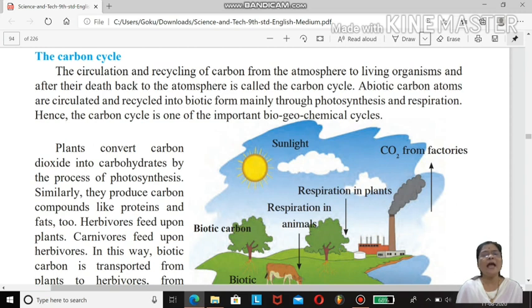The circulation and recycling of carbon from atmosphere to living organisms and after their death back to the atmosphere is called as carbon cycle. Students, this circulation of carbon